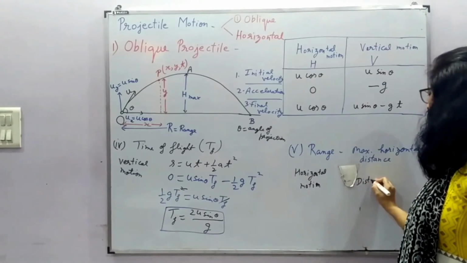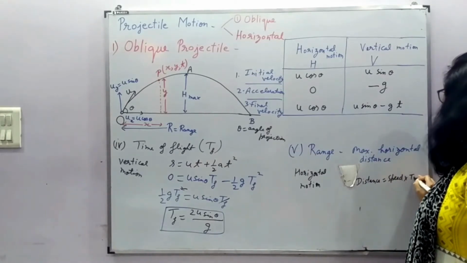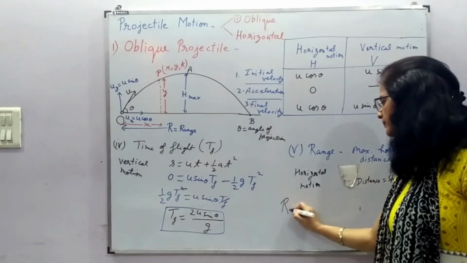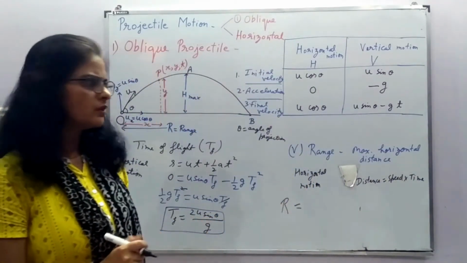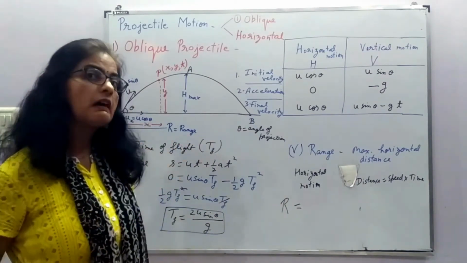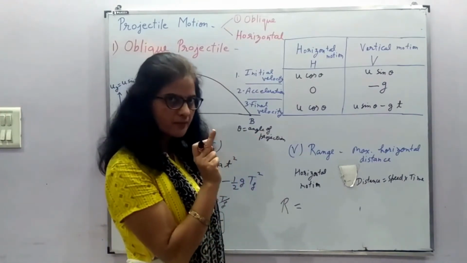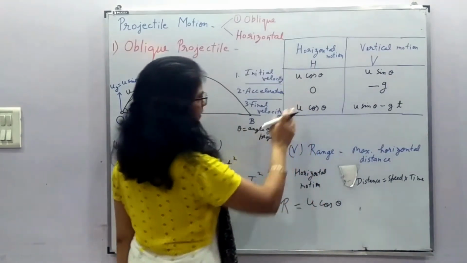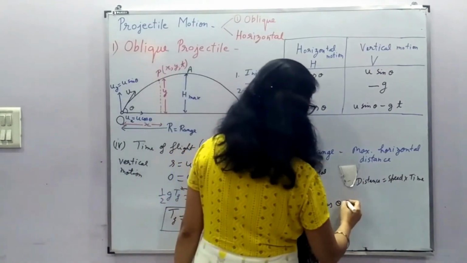So we know the formula. Distance is equal to speed into time. Now what is this distance? This distance is range. What is this speed? Which speed are we talking about? Which is helping it in covering this distance r, which is the horizontal distance. So velocity along horizontal direction is important here. So this will be u cos theta, whether it is initial or final, it is u cos theta because there is no acceleration in horizontal direction. Now what is the time